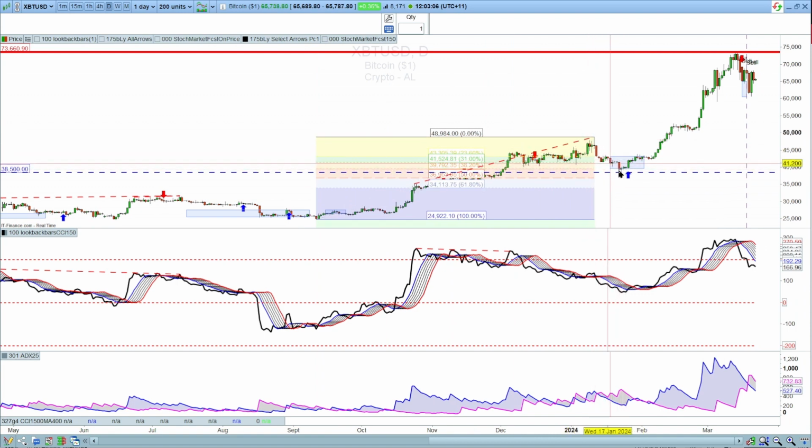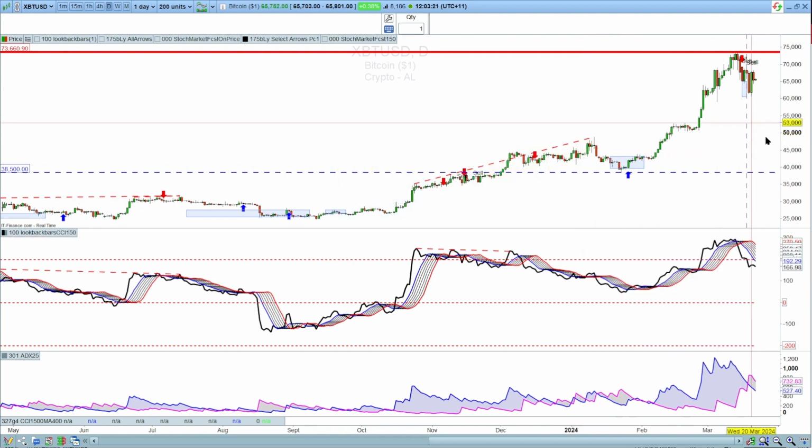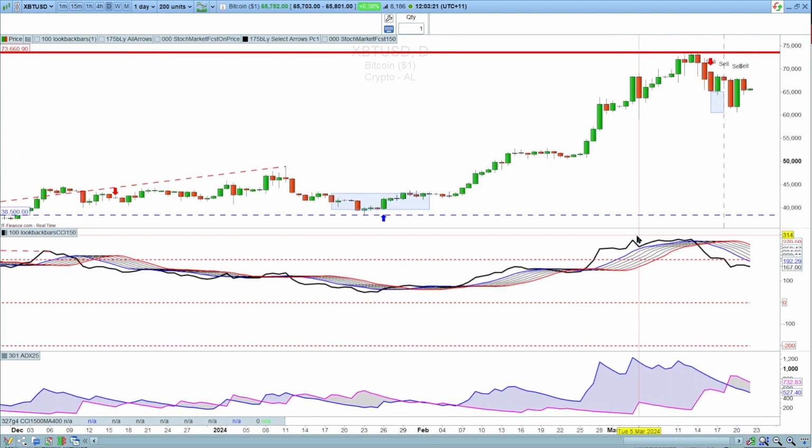And I choose that as a minimum target because, as you can see in this example, it bounced right off that 38% level. Sometimes it goes a lot deeper, but that's why we choose the minimum target range. Now at the moment, there is no divergence there. That price action was moving in line with the CCI, so there's no divergence on the daily.